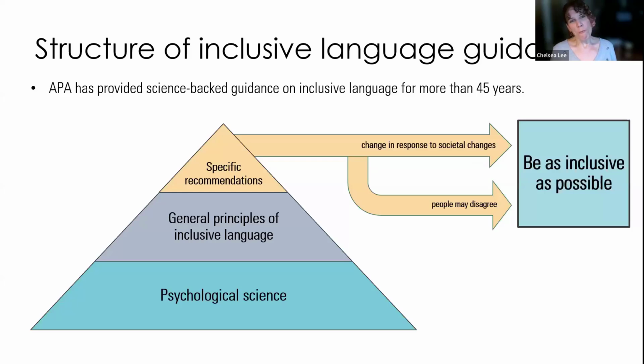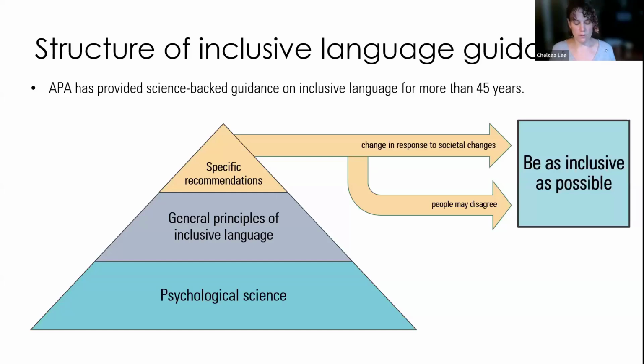So why should you listen to us? So APA Style, we're here from the American Psychological Association, and APA has been providing science-backed guidance on inclusive language for more than 45 years. It's evolved over a long time to include lots of different topic areas, but the premise of what's happening is that psychological science that's being conducted with real people